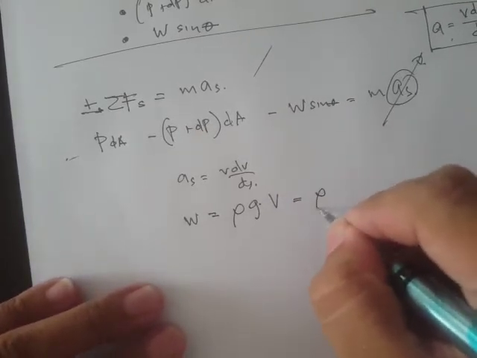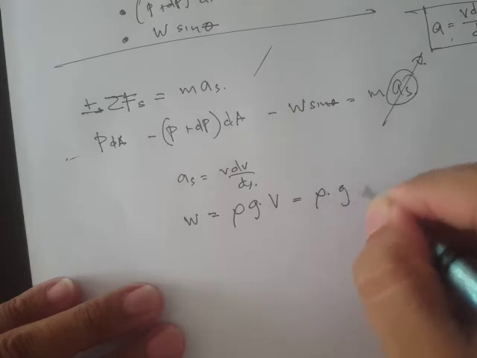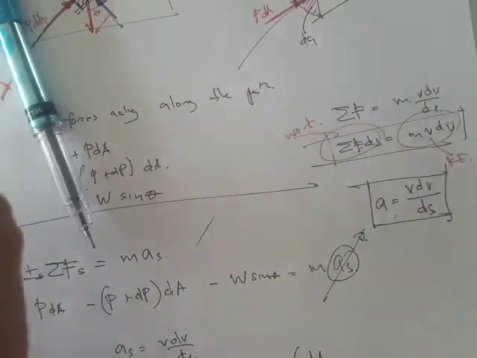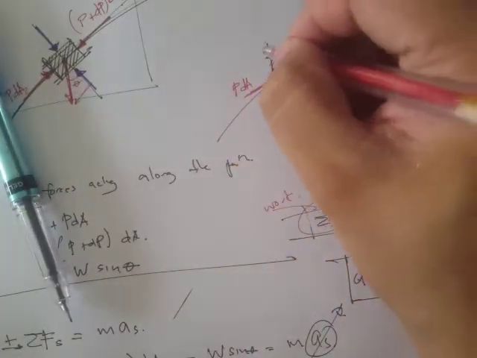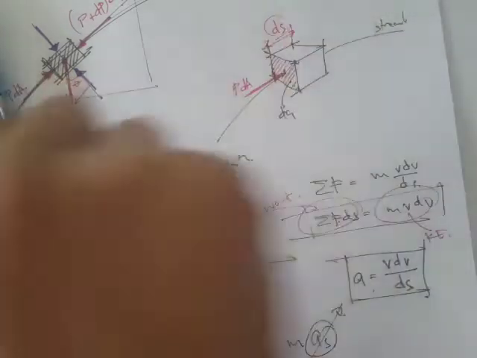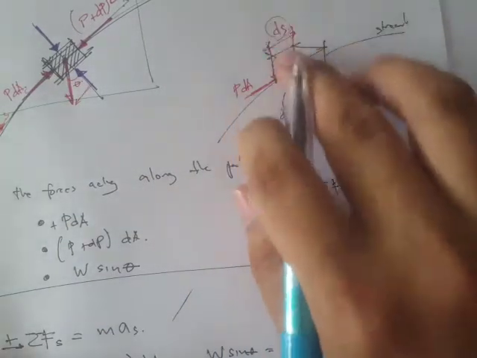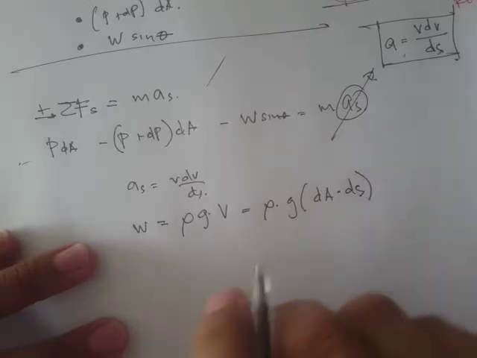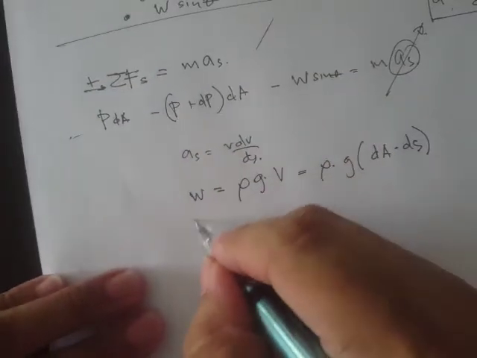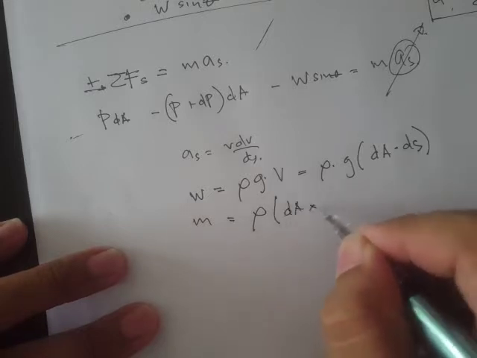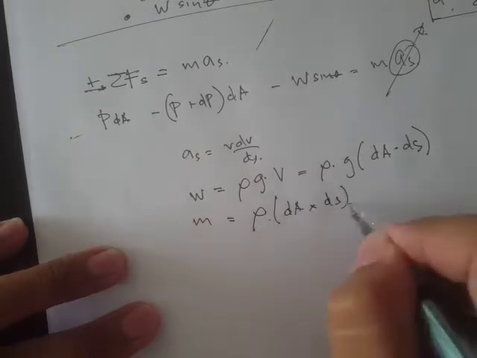This volume is just simply dA, and let's say the length of this is ds. That's the differential length along the streamline. So dA, area, times the length ds. Now for the mass, we have rho times dA times ds. Again, rho times the volume,